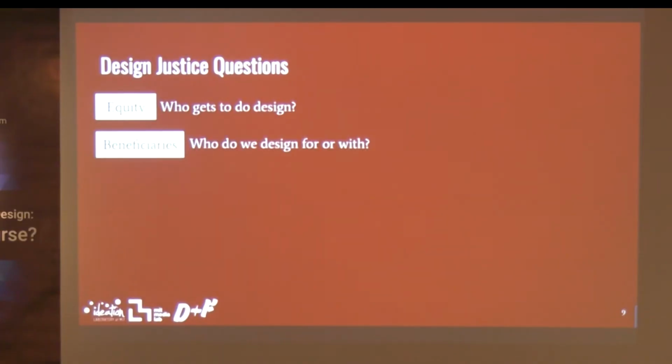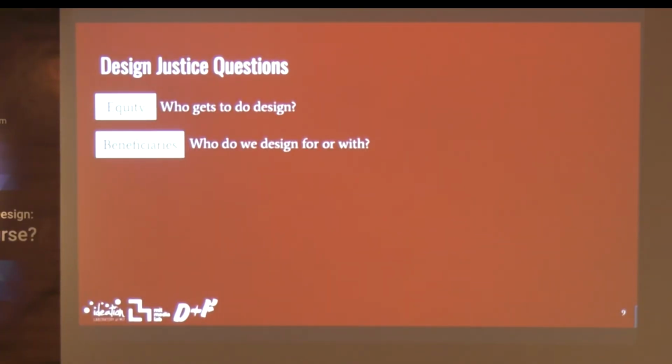And then we're thinking about design justice, which is really focused on an equitable distribution of design's benefits and burdens. This is a definition from Sasha Costanza-Chock's book, Design Justice. It goes on to talk about how it includes a fair and meaningful participation in design decisions and recognition of community-based design traditions, knowledge, and practices as part of this framework. So this framework comes with a series of different questions to help guide the process of thinking through creating new designs. So the first question is related to equity, so about who gets to do design.